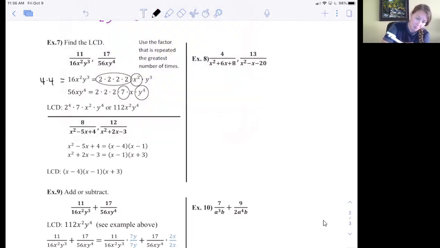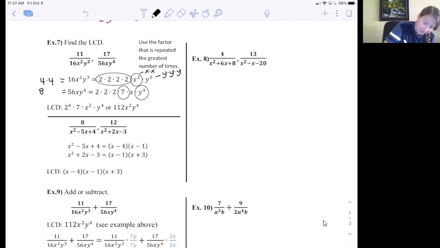And then from there, you can break that into 2 times 2 times 2 times 2. And then x squared and y cubed. So I like to write this 2 times 2 times 2. Well, I'm going to run out of room. But I like to write this as x times x, and this is y times y times y. But you can do it either way. It's the same thing. And then 56 over here, what they did is 56 is